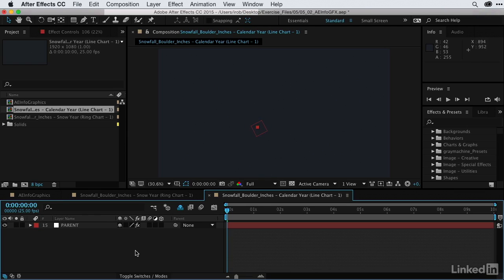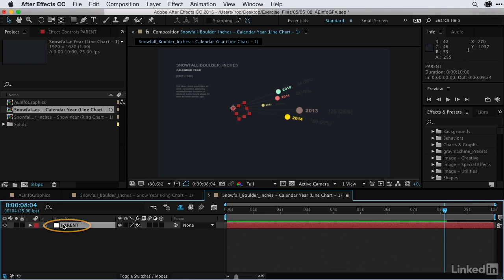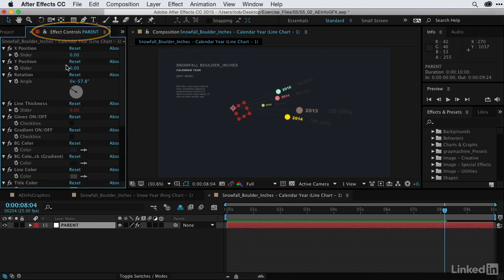and all I have to do is just press the space bar to load up a preview. And it's pretty cool. It actually goes ahead and creates the graphic for you and creates some animation. Now, I'll press the space bar to stop playback. Let's say I want to make some tweaks to this. I can go ahead and select my null and go to the effect controls, and in here I could change different parameters, for example, like the positions of X and Y, or I could adjust the line thickness or turn